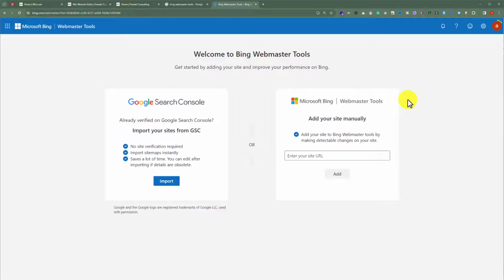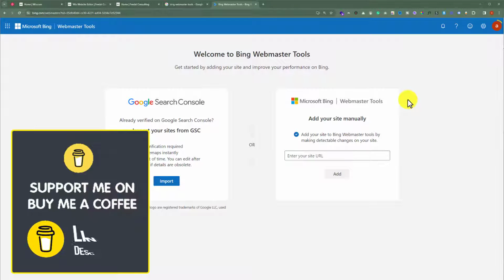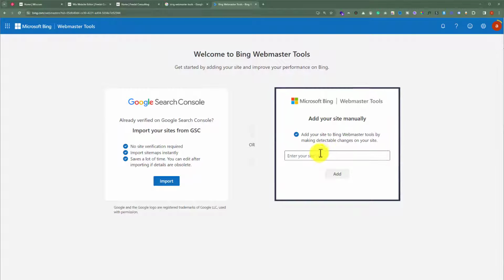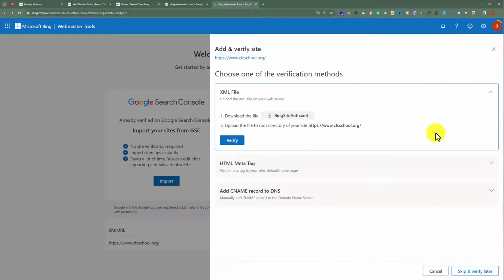So now we are in the Bing Webmaster Tools, and now we are going to see how we can add our website. So we are going to add our website manually. So we will paste our domain name here, and after that just click on Add. So as you can see, our Wix website is now added to Bing Webmaster Tools,